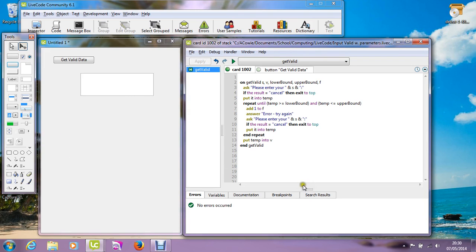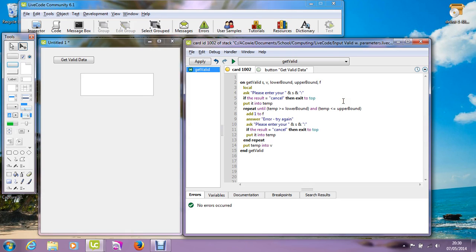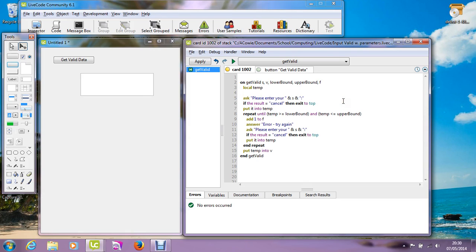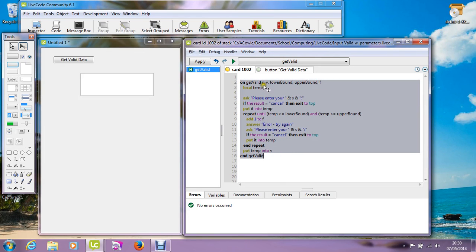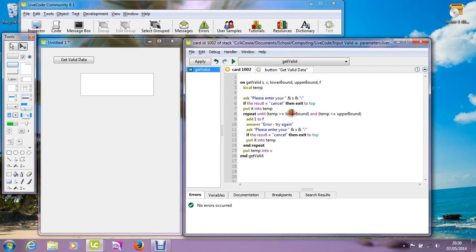So the only thing I think I might do is I have a local variable here, temp, which I'm going to declare local to this handler. And you'll notice that I now have a piece of code that's completely closed, in that these parameters here are considered local to the handler, and this I've declared locally. So S, temp, lower bound, upper bound, F, S, V, they're all local to this handler,